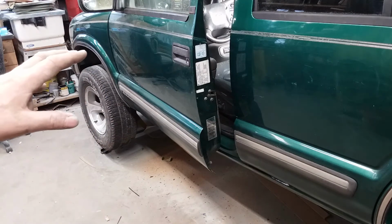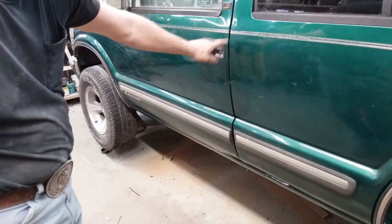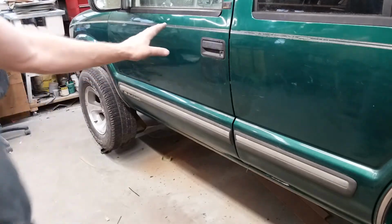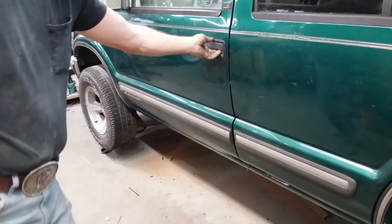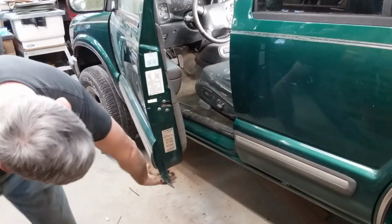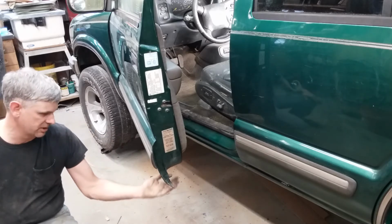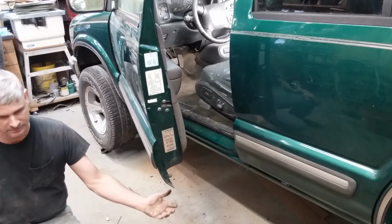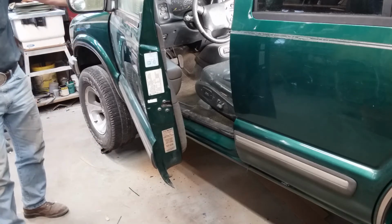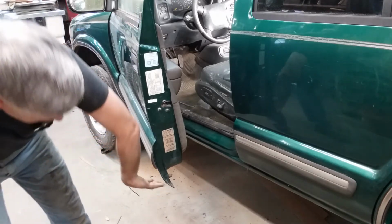To align the door hinges on this, or align your parting line and your margin and your trim and get everything aligned and tweaked right, the only way I know to do that is you take a 2x6 or something, big piece of wood, lay it up underneath here, and put your floor jack underneath of it and jack up on here, being very careful that the fender and the door don't get pinched together, because you're going to move this door a bunch. But you jack up on there